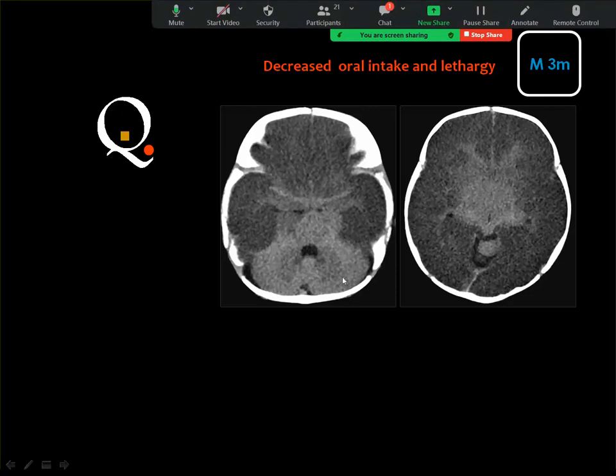The white cerebellum sign, or the reversal sign: you got extensive hypodensity of the brain tissue, sparing the basal ganglia, the brain stem, and the cerebellum, and this is known